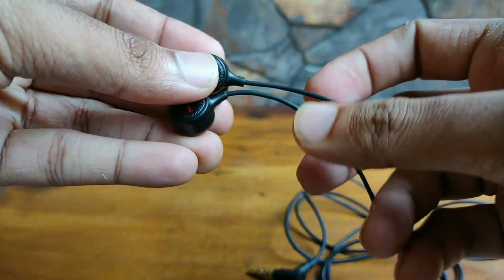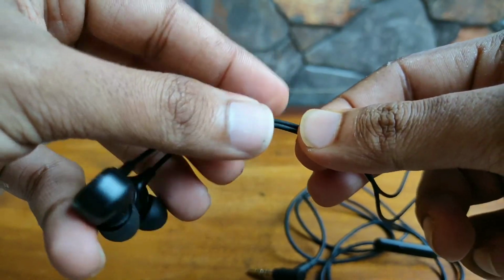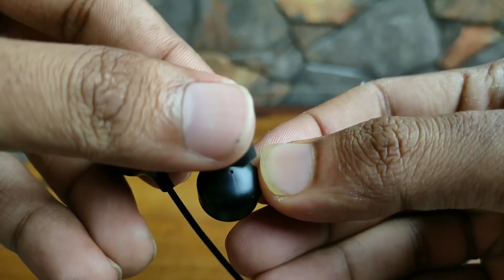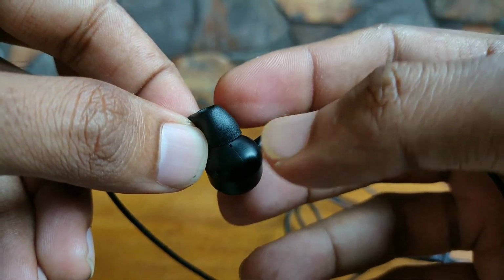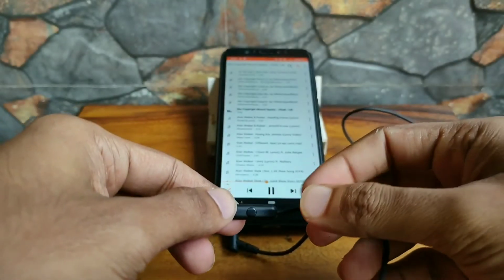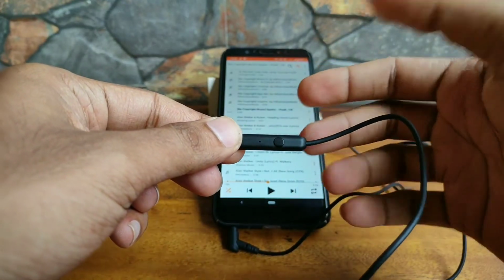Then we have the earbuds, which are attached to a much thinner wire which looks flimsy. The silicone ear tips look of very average quality, and the entire earbud is made out of plastic with average build quality. The remote, on the other hand, is made out of plastic, and the only multifunctional button is